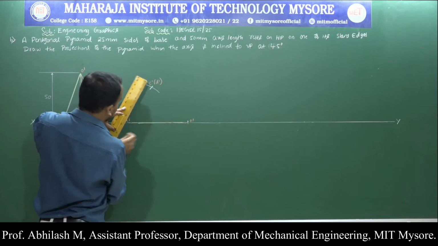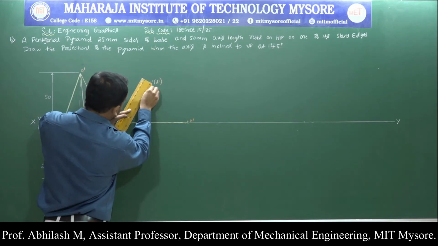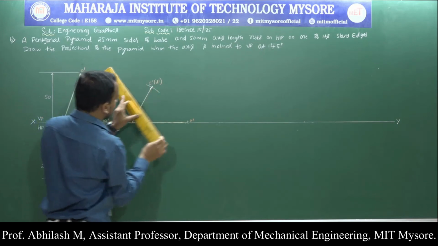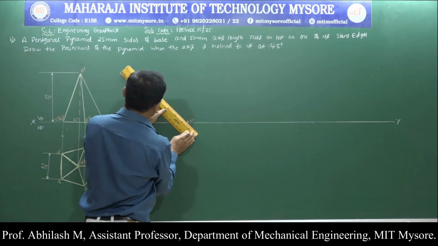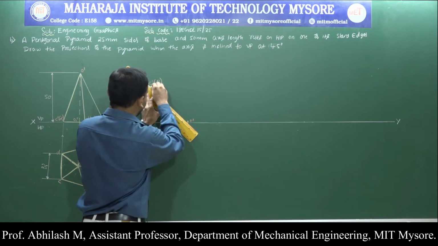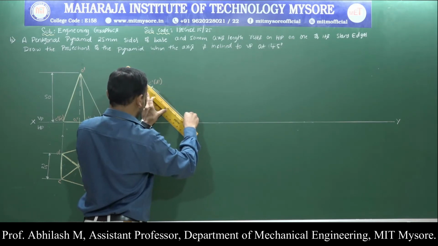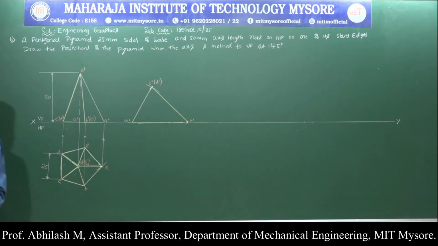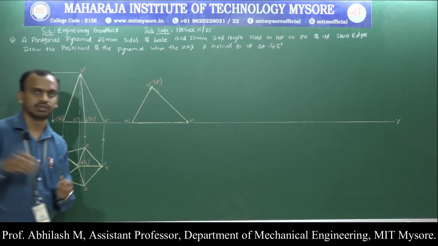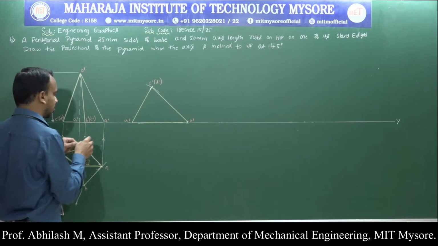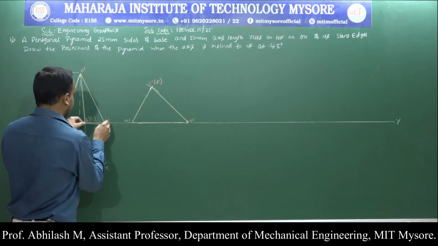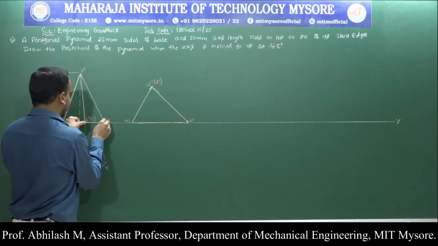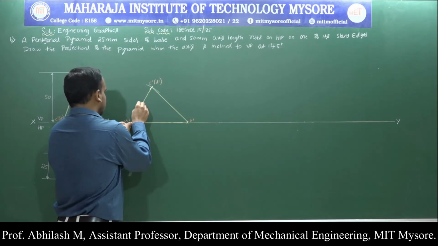Again from C dash of D dash to A dash, from O dash to C dash of D dash. Now, have we transferred all the points? No, we have not transferred all the points. We are still left with 2 more points to be transferred. Either we can measure from A dash to B dash, or from C dash of D dash to D dash, from A dash to B dash of E dash.